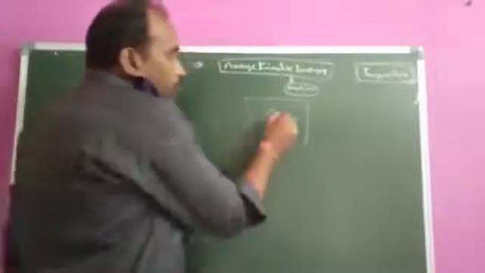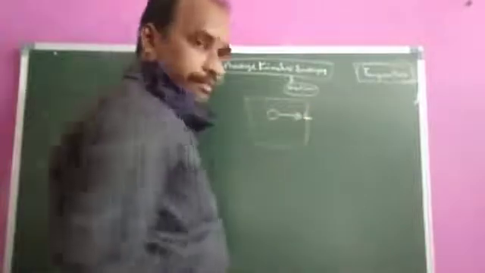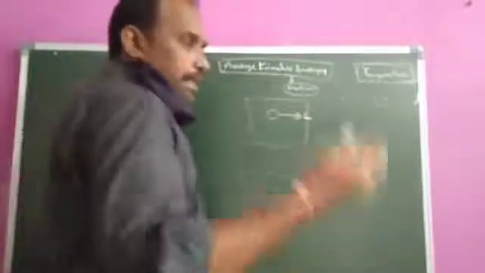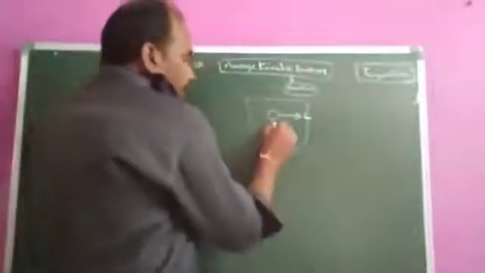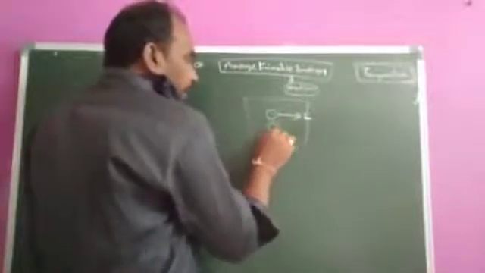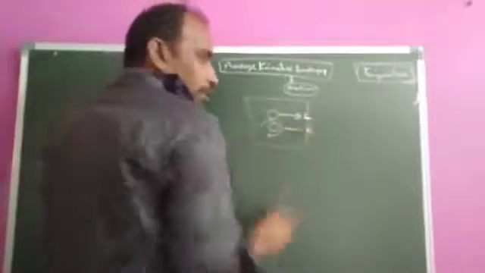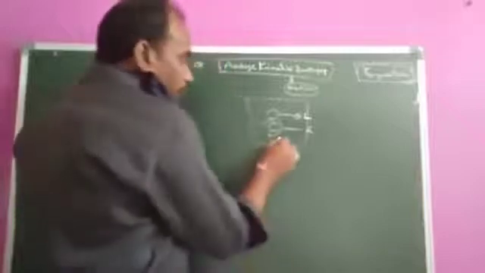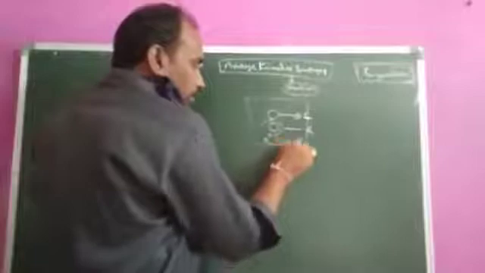Mainly 3 different motions are there. One is moving in a linear path, that is, the particle moves linearly along the x-axis or y-axis. The second one is that the particle rotates itself in a circular path. This is rotational. The third one is vibrational, moving like this, a to-and-fro motion.